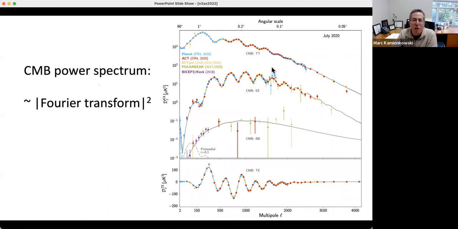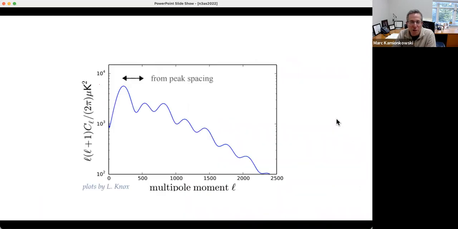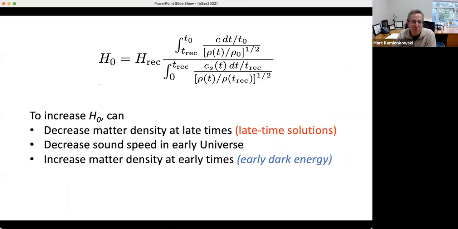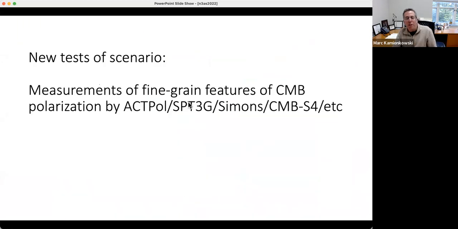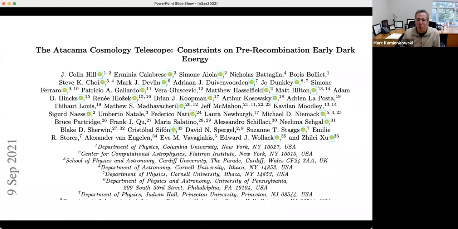And there's no reason why the best fit early dark energy models and the lambda CDM models should agree at higher values of L. So in fact, if you go through and take the two best fit models, early dark energy and lambda CDM, what you find is that they have different predictions for the small angular scale or high L features in the cosmic microwave background temperature polarization spectrum that are going to be measured by experiments such as these. And as it turns out, within 3 years, there was a paper that appeared by the Atacama Cosmology Telescope